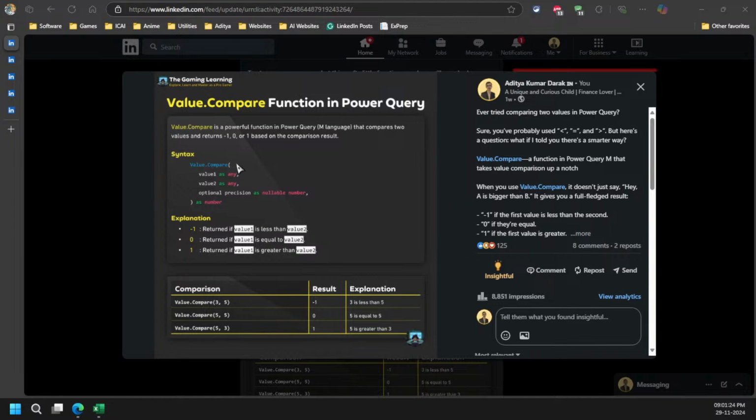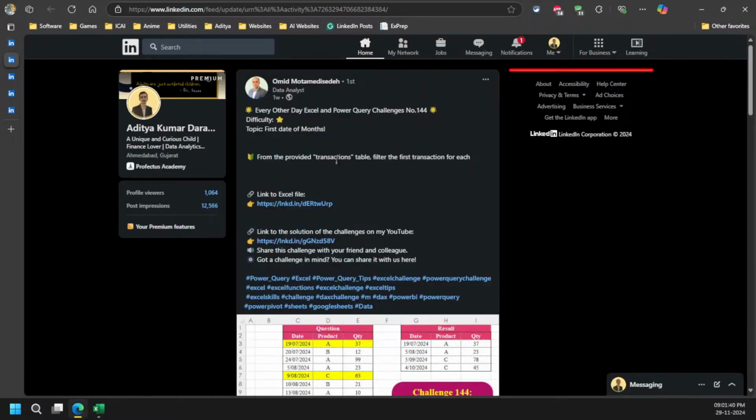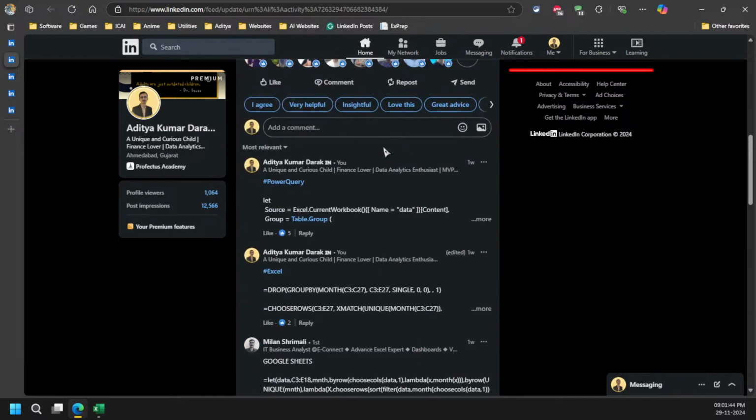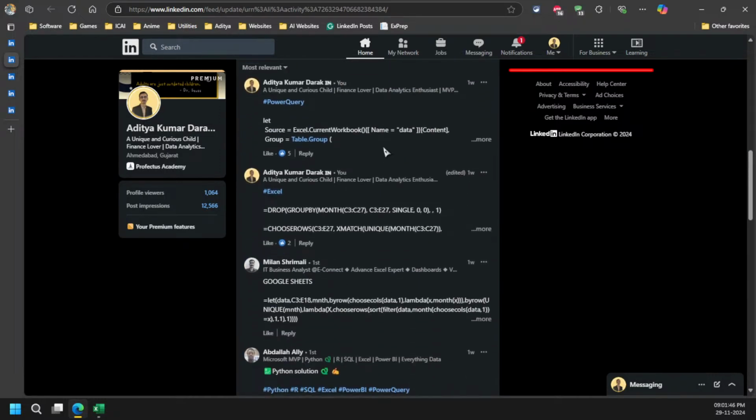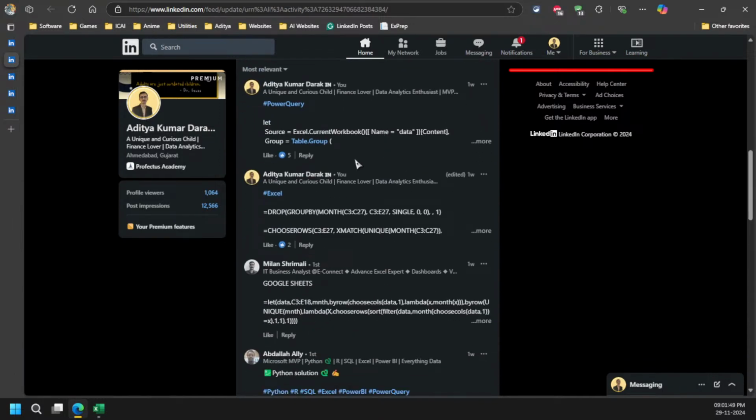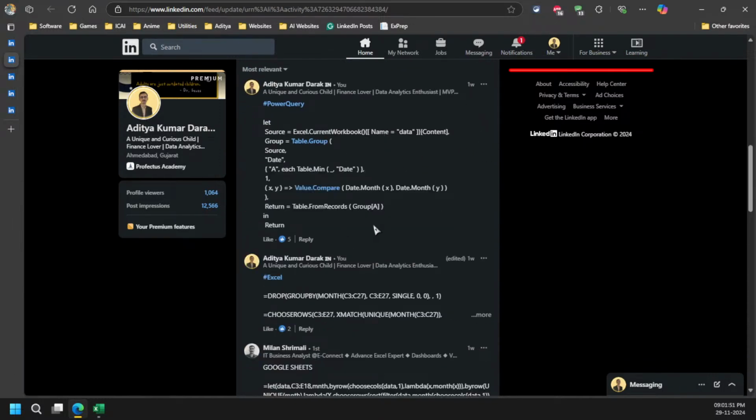Here is one of the underutilized functions which many people don't know: the Value.Comparer function. I have used this function many times, and you can check it out here. This was Omid's challenge last week, and I solved this challenge using the Value.Comparer function, right?